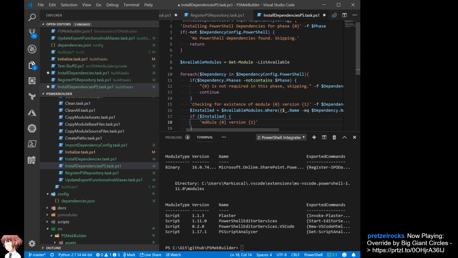This has been informed from some issues that I've run into with automatically getting newer versions of modules, module authors being terrible about it. This isn't necessarily about public, this is internal as well, but module authors not being good about introducing breaking changes and using breaking change versions to do so. So my opinion is that you should always use the same version and then forcibly update your versions, which is counterintuitive to what a lot of people suggest, like update your modules all the time. But I'm dealing with production code. It can't break because somebody released a new module that's got some breaking change in it that isn't communicated properly through a version number or something. So